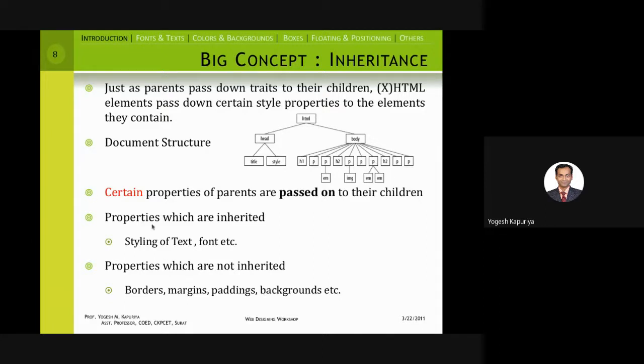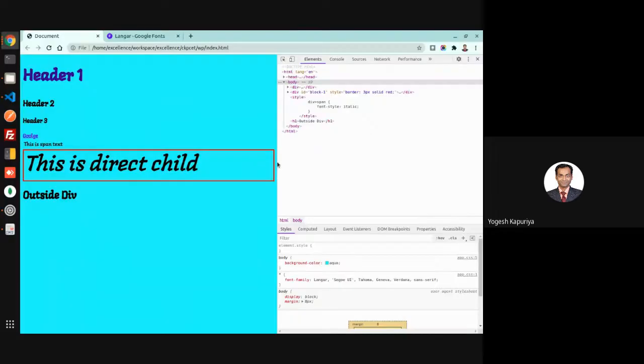And which properties are inherited? Styling, text or font. I'm not saying these are the only two properties, there are others as well, but there are some properties which are inherited. Inherited means that if you apply a style to the body, it will be applied to all the content within that body. So let me give an example.